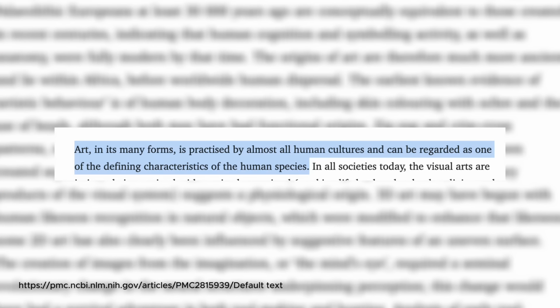So let me be very clear. Entering prompts into an AI generator is not creating art. Oh my God. In the article, The Evolution of Human Artistic Creativity, the author writes, "Art in its many forms